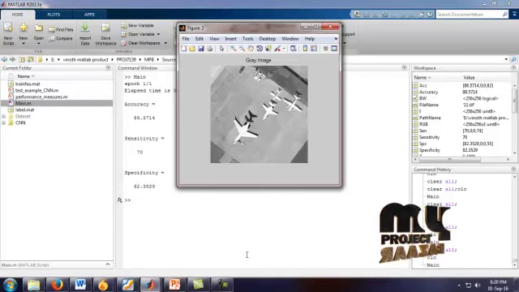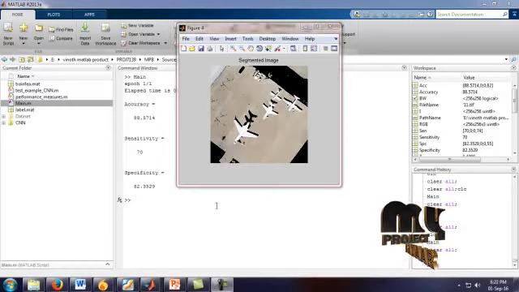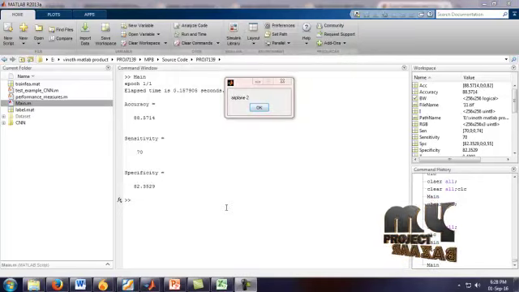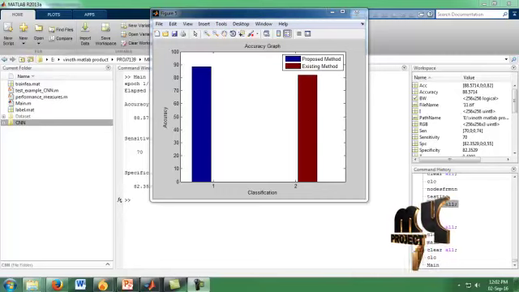After this input image, we can convert it into a gray image. After conversion to the gray image, we can convert it into a binary image. After gray conversion and binary conversion, we get our segmented image. The label will be shown for our currently selected image. It is the graph for our labeled image. On the X label, classification, and on the Y label, accuracy. The existing method, when compared to the proposed method, has high accuracy.